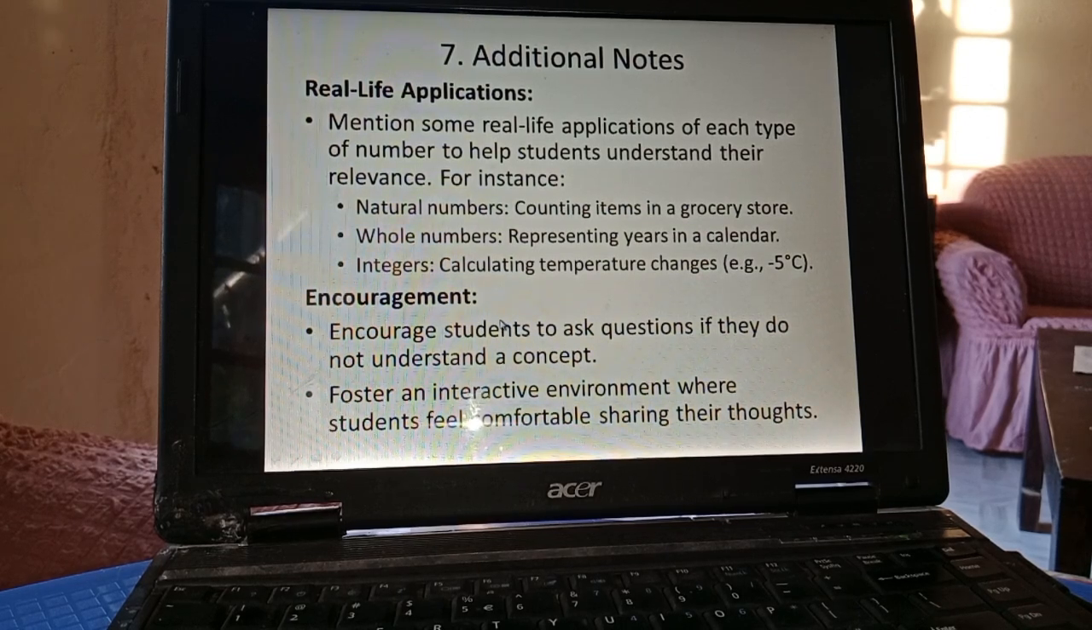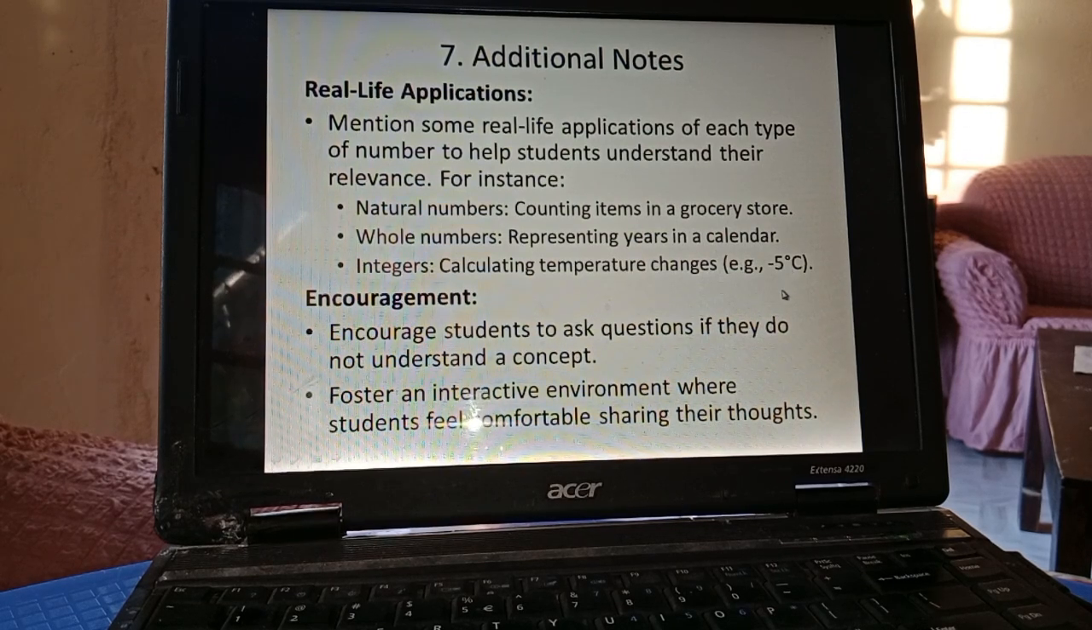Encouragement. Encourage students to ask questions if they do not understand a concept. Foster an interactive environment where students feel comfortable